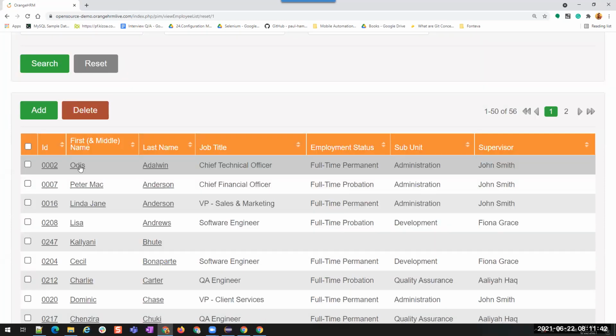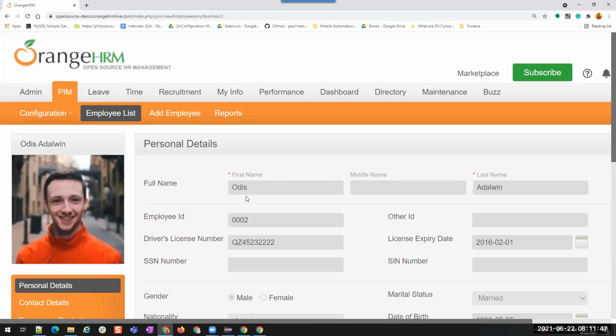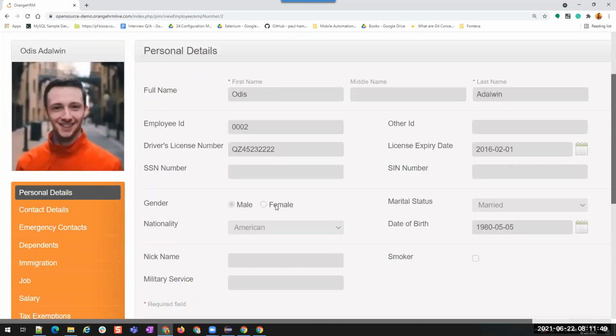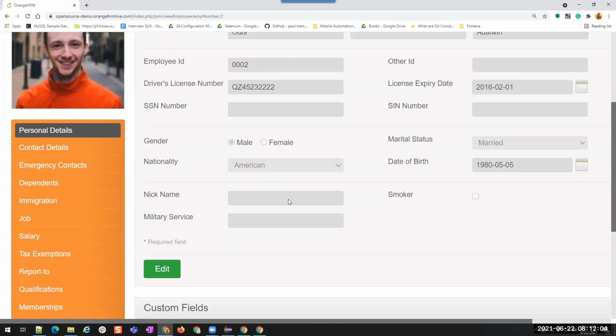Okay, I got one. So when I click on it, will I be able to select male or female now, or any fields? I won't be able to open this, right? I won't be able to edit until I click on edit. So this is in disabled mode.